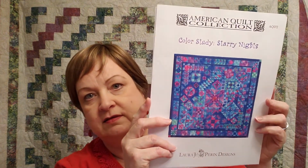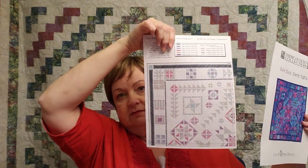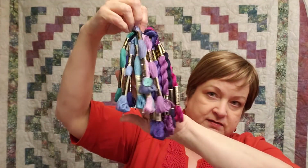Beautiful. And then I did take a pattern to kit up. It's a Laura Perrin counted canvas pattern. It's called Color Study Starry Nights by Laura J. Perrin. And for those of you who are thinking, oh my gosh, just to give you an idea of the pattern, it comes with excellent instructions on how to stitch every bit of this. Excellent instructions. So the colors are pearl cottons and DMC floss,